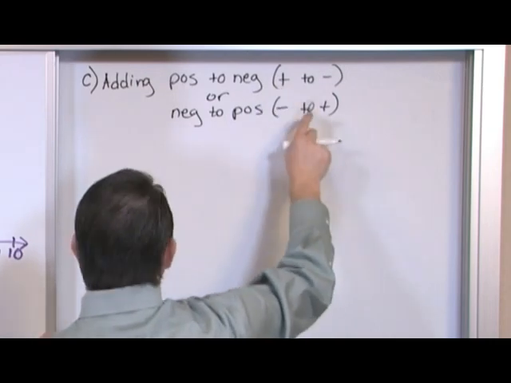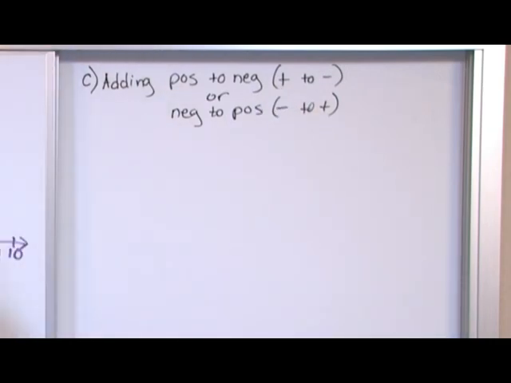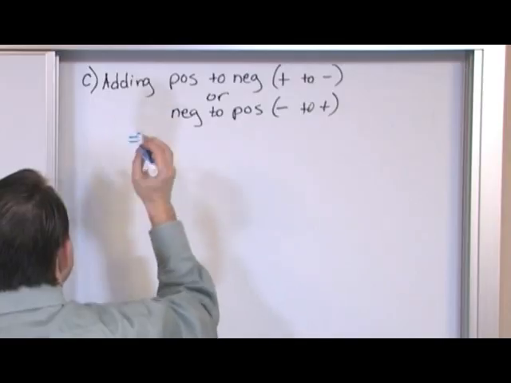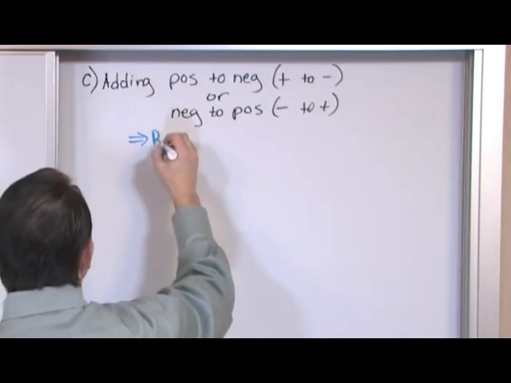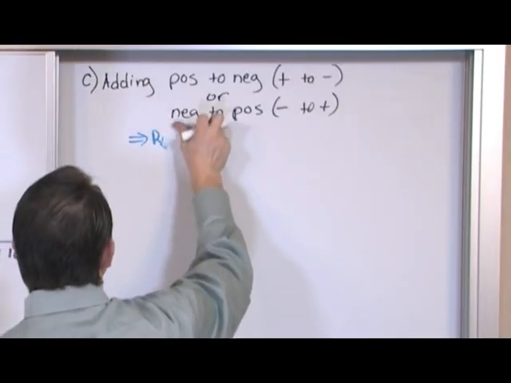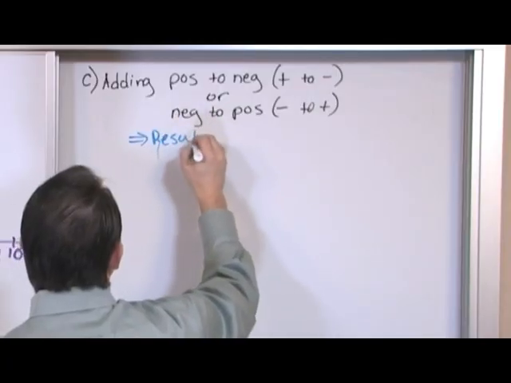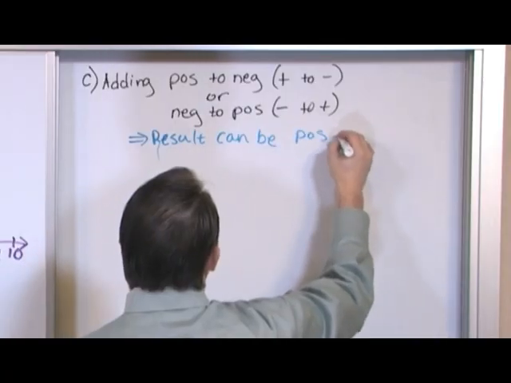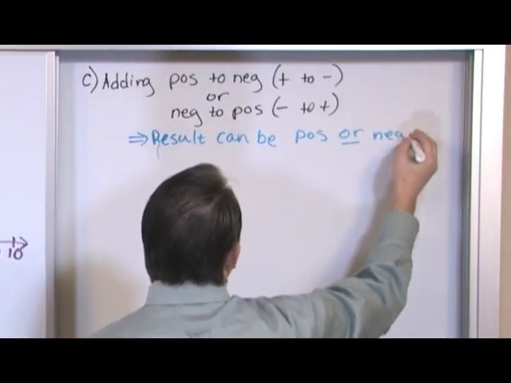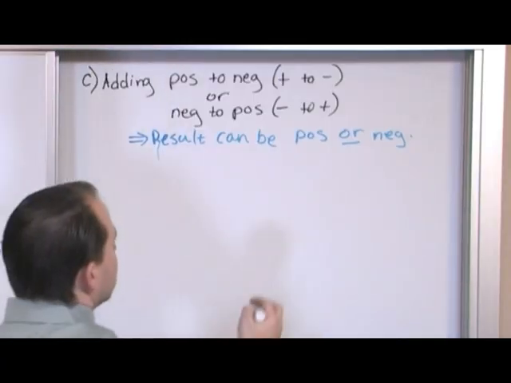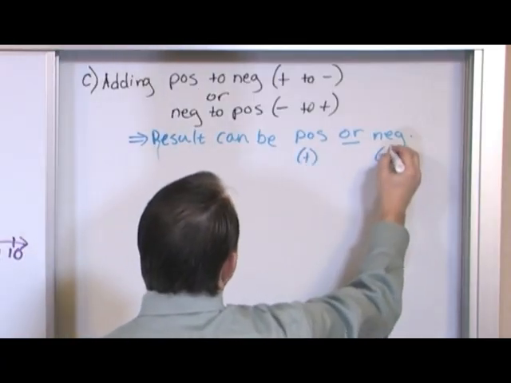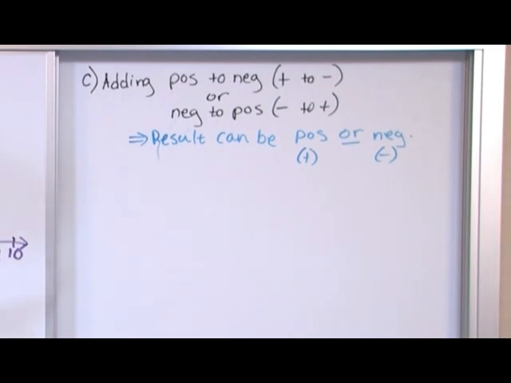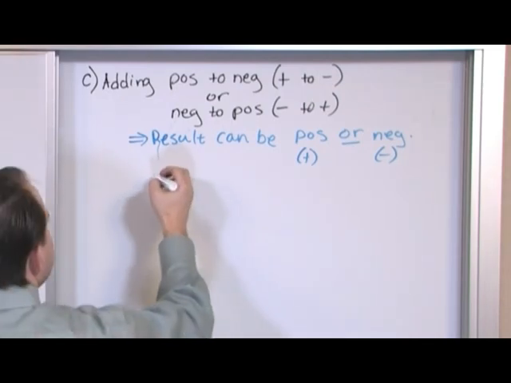So positive to negative or negative plus positive, you're going to do exactly the same thing in both of those cases, but it's something, again, you haven't learned before because you're just learning about these negative numbers. So what you're going to do in this case, the result can be positive or negative. So this is where it gets a little bit tricky to people. So it could be a positive number or it could be a negative number in the answer. And the trick is, how do you figure out if it's positive or negative? The sign,